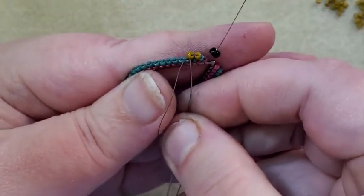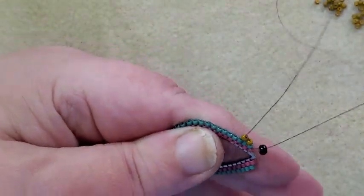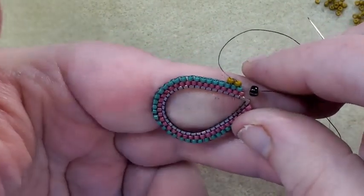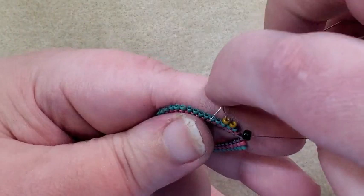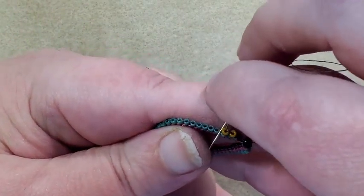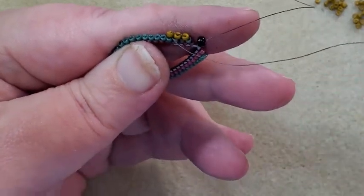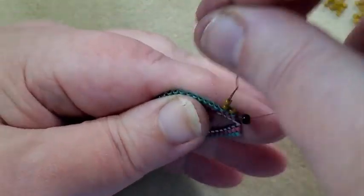And then I'm going to go back up the second yellow bead there. And that straightens up my beads. There. Now I'm going to pick up a bead, go under my next thread bridge, go back up the bottom of that same bead,